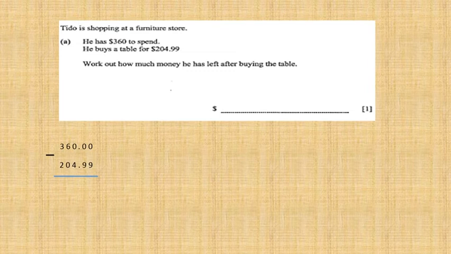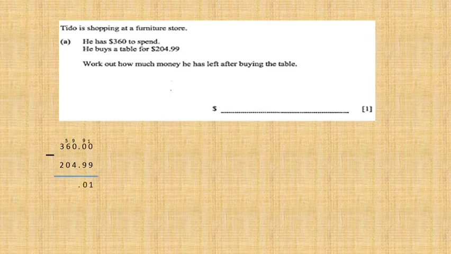0 minus 9 can't be, so I have to borrow from next door. But next door is 0, and after next door is 0, so I have to go for the next door, which is 6. It will be 5, and this 0 is going to be 9, because I'm going to borrow from it from 10, it's going to be 9, and here it's going to be 9, and here it's going to be 10. So 10 minus 9 equals 1, and 9 minus 9 equals 0, and don't forget